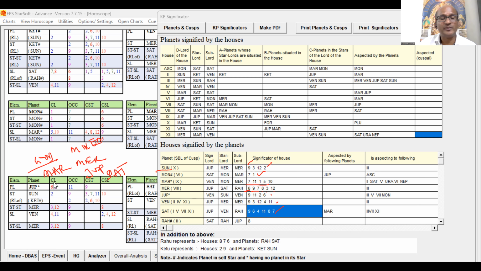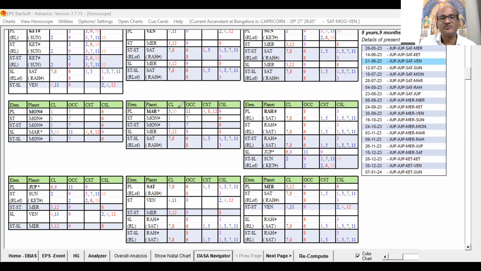Correct? Mars is going to be either as a Bhukti Lord, but Mars is going to be very late, so it can act as the Antara Lord. Moon is also the same way we can think that, but the situation is actually different. I will tell you. You can see if you take Mars, Mars is 5, 11, 1 and 7 is good, but look at the signification of this one and look at the signification of this one. So Mars is not favorable completely at the star and sub level. It is weakening. 7 moving towards 6. Now, same way Moon moving towards 6, same way it is also not favorable.